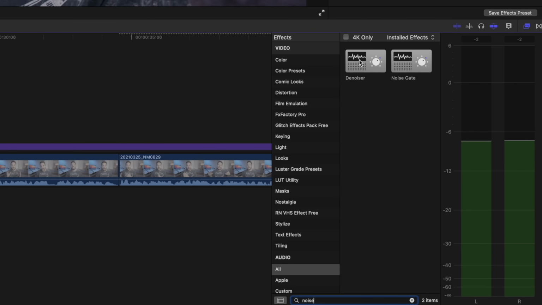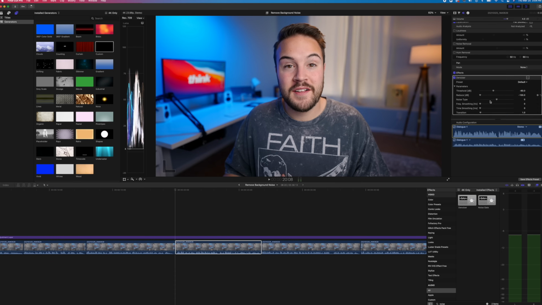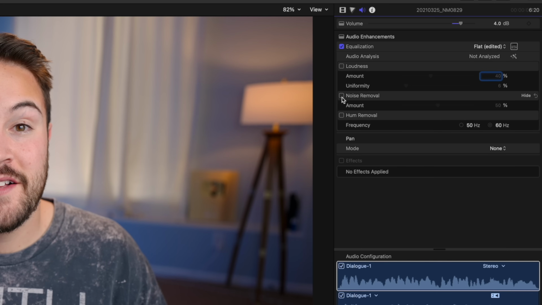In most editing softwares like Final Cut Pro, Premiere, DaVinci Resolve, you are going to have a noise reduction for your audio. You want to throw that onto your audio. Now, this isn't going to be a magic fix. You are going to have to tweak with the settings to get it sounding right. Now, when it comes to noise reduction, you don't want to go too far with this because it can start to really mess up your audio and then it just does not sound good at all. But oftentimes this can really help a lot with your audio if you already messed it up while recording.